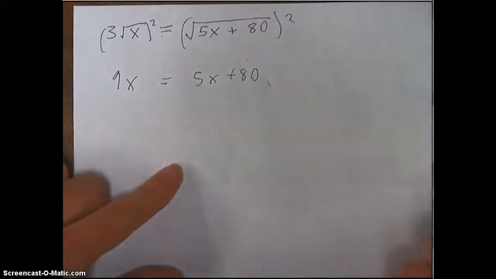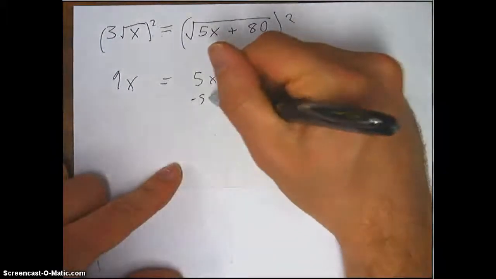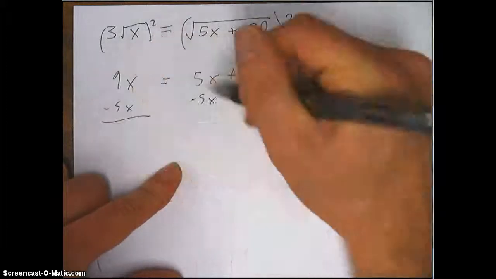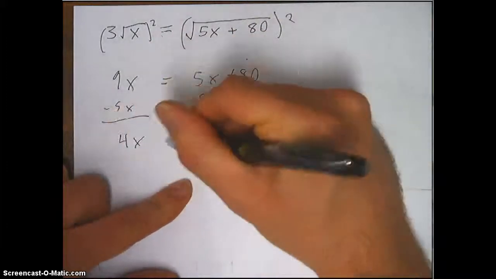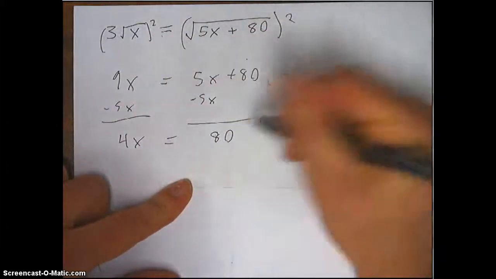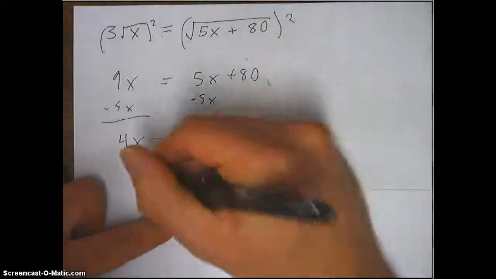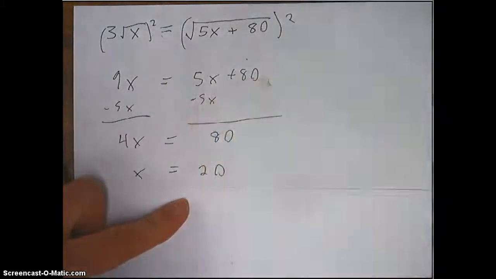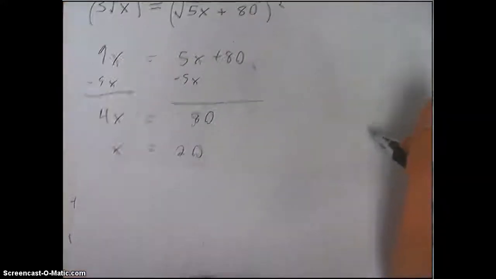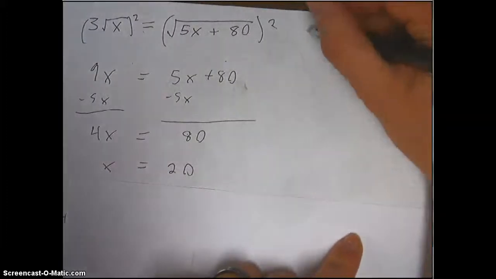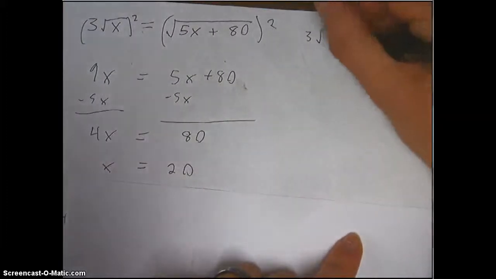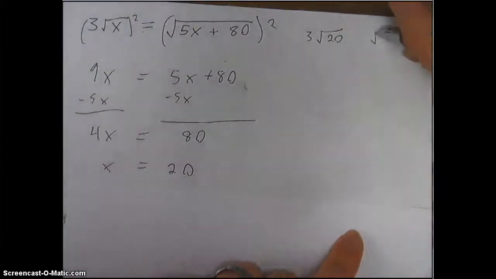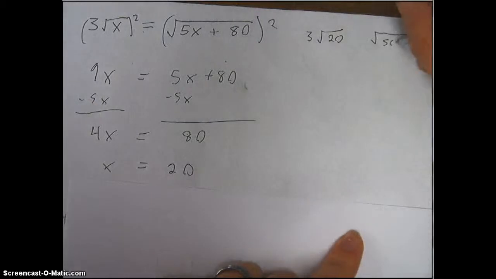Now it's a pretty simple looking problem. Subtract 5x from both sides. You get 4x equals 80. And then divide by 4 to get x equals 20. And before we can say that's the right answer, let's plug it back in. Let's see, 3 times root 20, does that equal the square root of 5 times 20